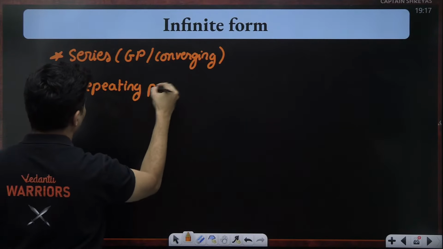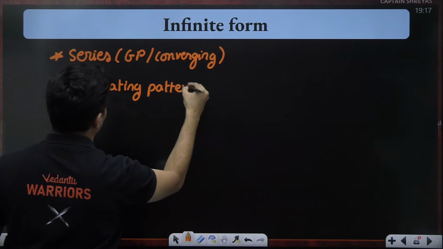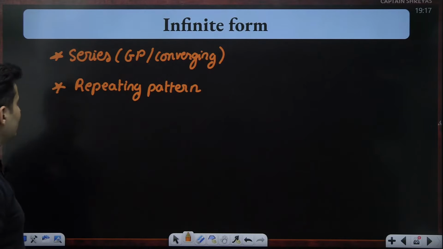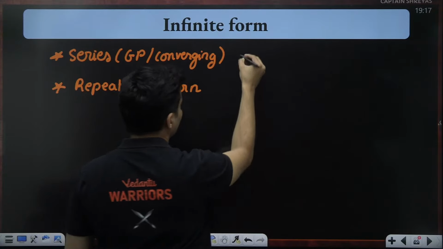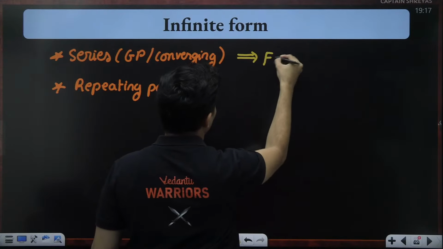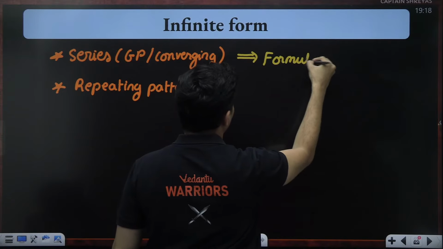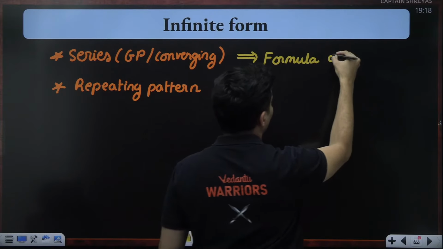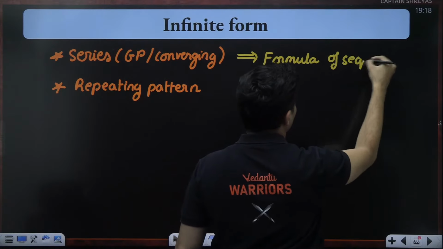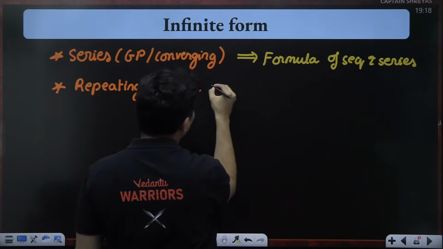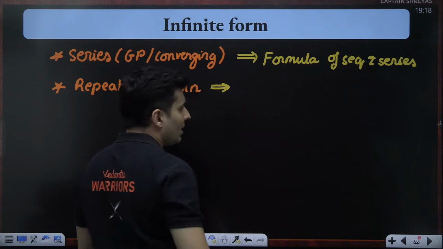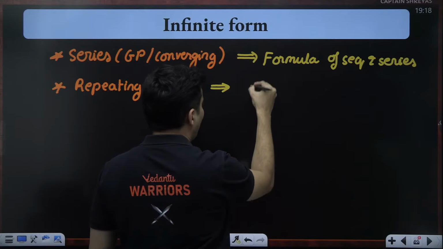So let's see both these kinds of questions. If it's a series question where it is a GP or converging, directly use the formula which you have learnt in maths, of sequence and series. And if it is a repeating pattern,